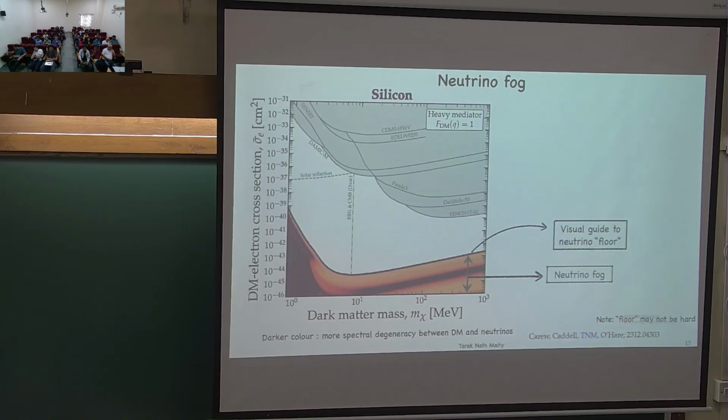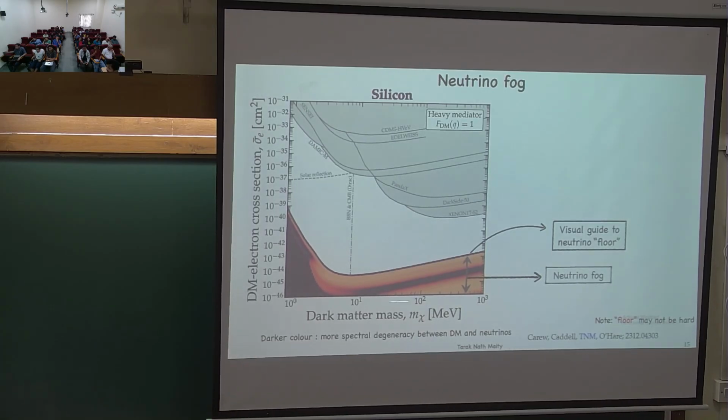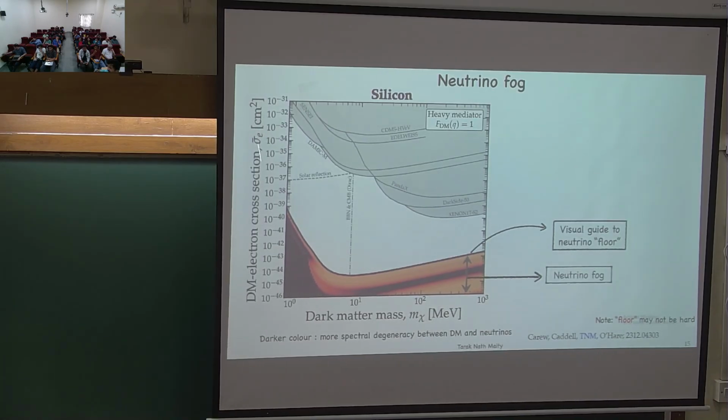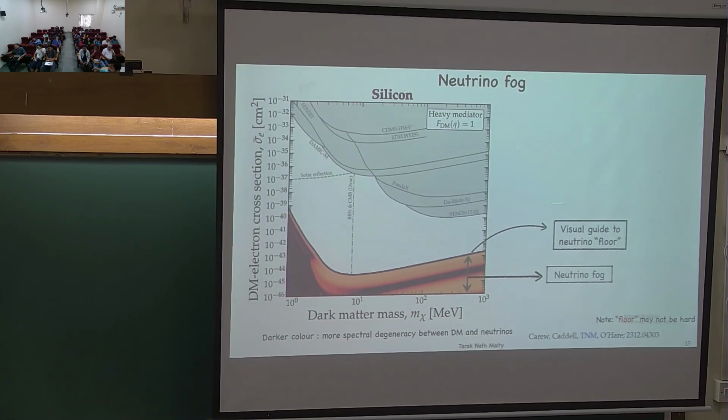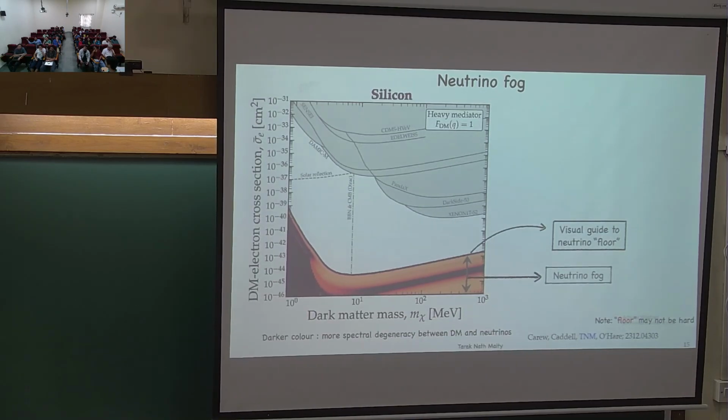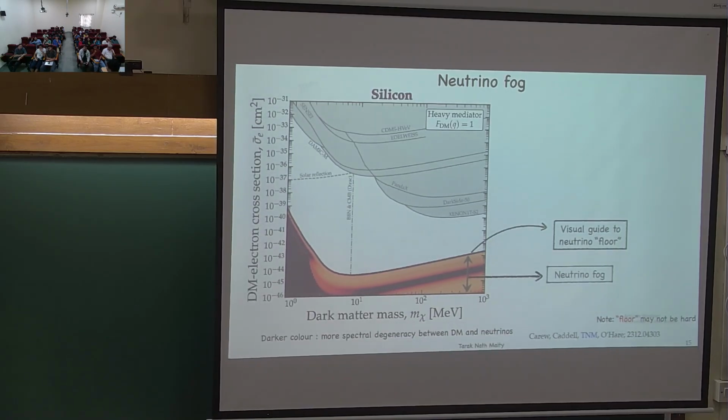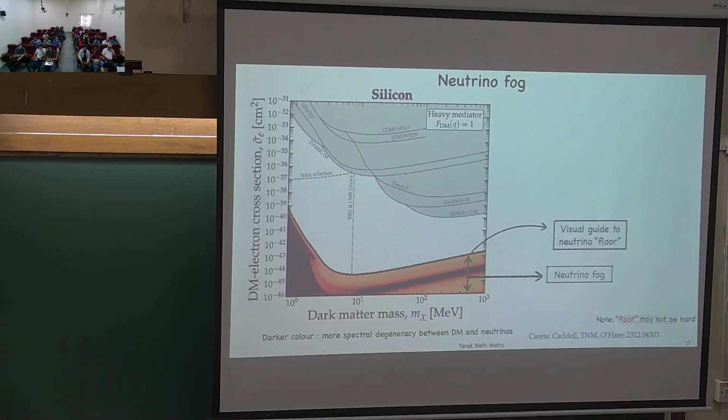Here is our plot. Even if you don't get anything from this talk, what I'm showing over here is, again, dark matter mass on the x-axis and dark matter electron scattering cross section on the y-axis. This gray region I already discussed. What I want you to focus on is this particular line. If your dark matter electron scattering cross section lies below this particular line, solar neutrinos would become an important background to the search.